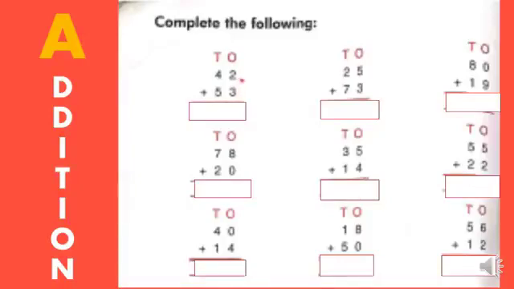See here, 2 is there, 3 is there. Which number is the bigger number? 3. So you keep 3 in your mind and 2 in your hand. That means number 3 you keep in your mind, and open 2 fingers. The greater number you keep in your mind, the lesser number you keep in your hand. So, 3 in your mind, open 2 fingers.